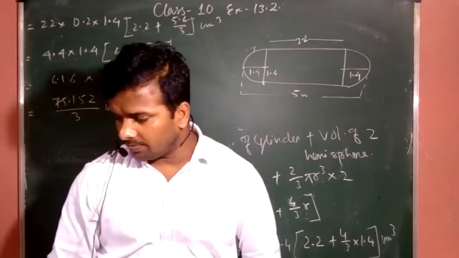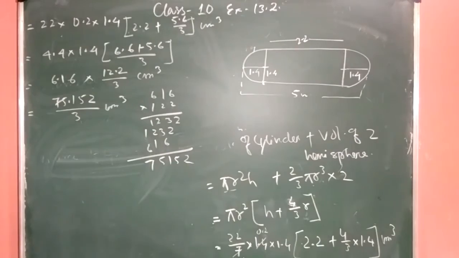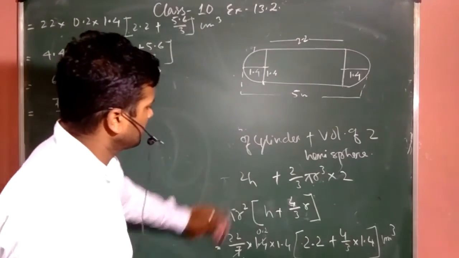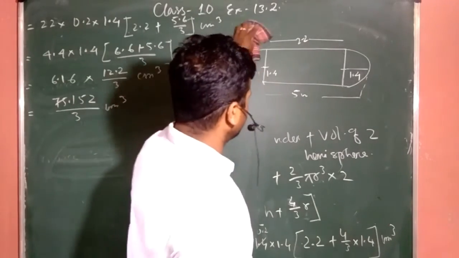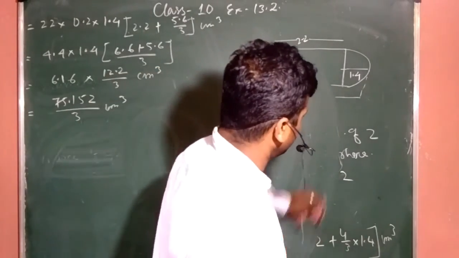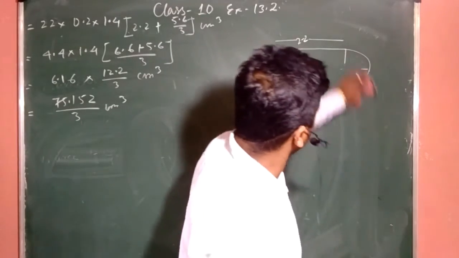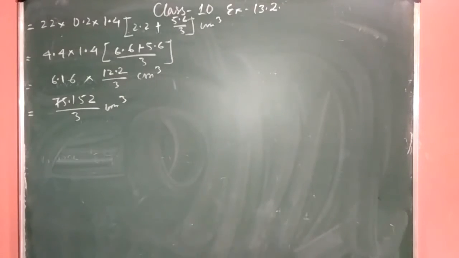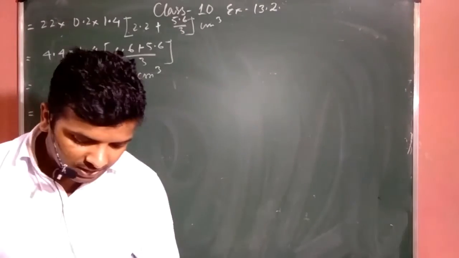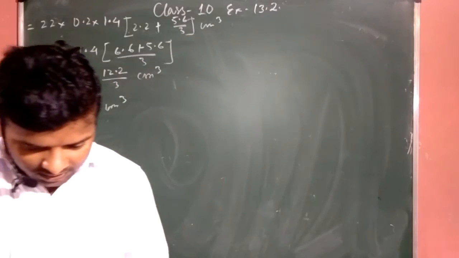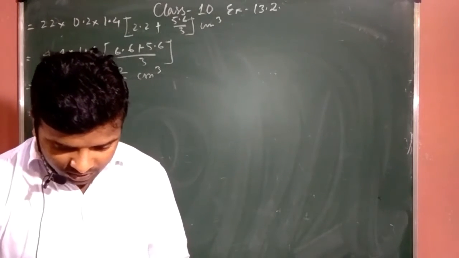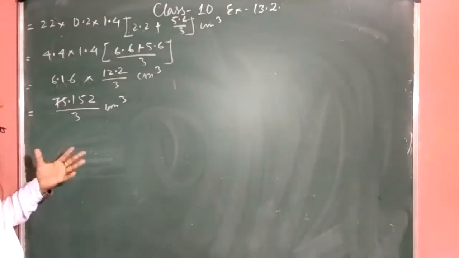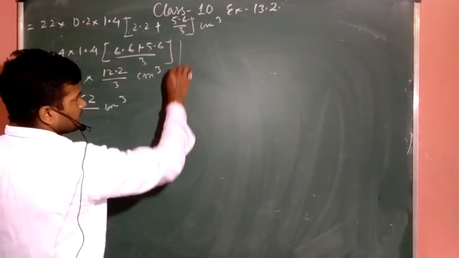This is the complete volume of a gulab jamun, but there only 30% is syrup. So it contains the sugar syrup, this much. Approximately how much syrup would be found in the 45 gulab jamun? We need to find how much syrup will be there in 45 gulab jamun. So